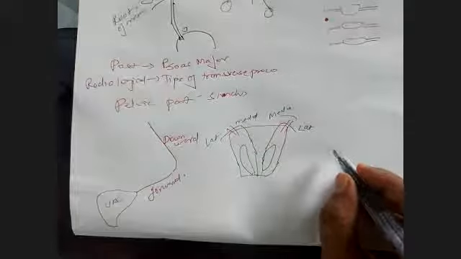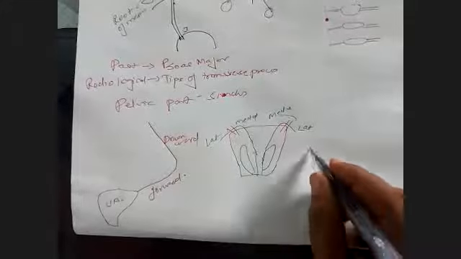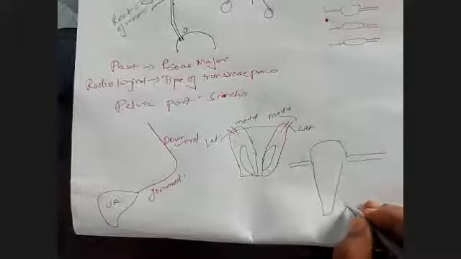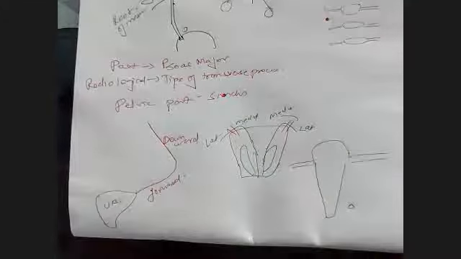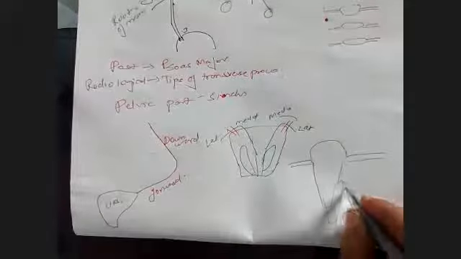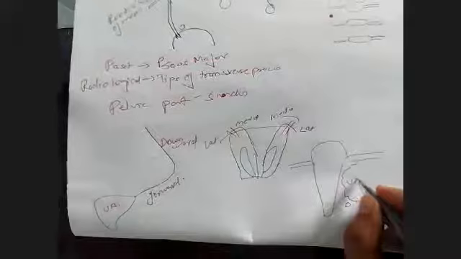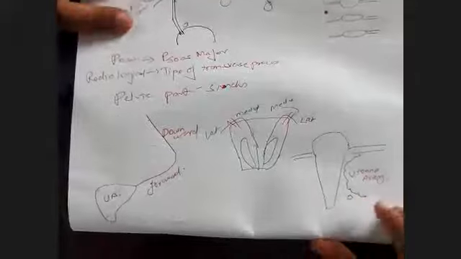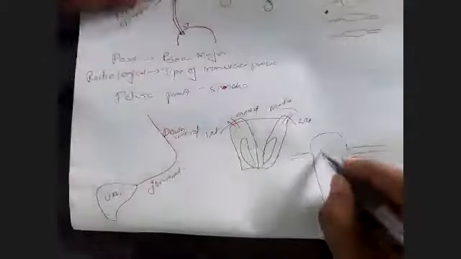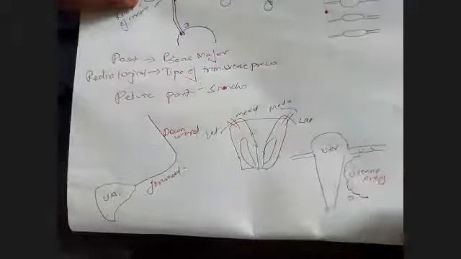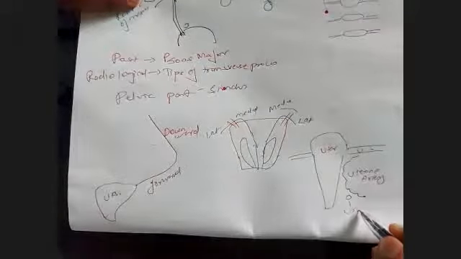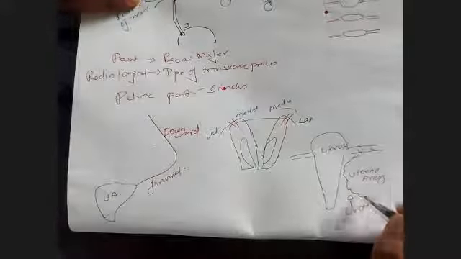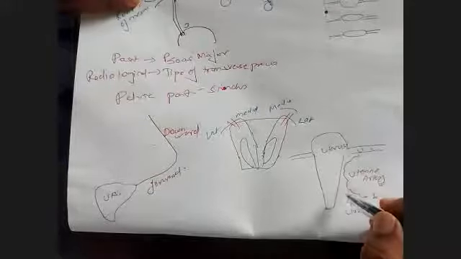In females also, suppose this is the uterus, and here is the ureter, and it is also crossed from lateral to medial side, and that is by the uterine artery. Very important anatomical relation. This is the uterus, these are the uterine tubes, this is the uterine artery, and this is the ureter. The uterine artery crosses it from lateral to medial side, going very close to the ureter.